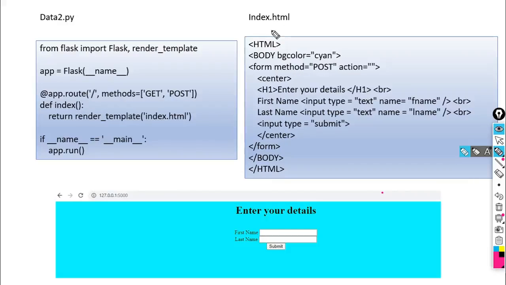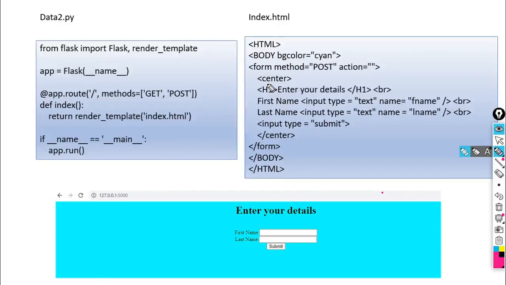What are the contents of this index.html? HTML is there, the body background color is used here, and form method post, because we are going to enter some data here. Enter your details is given in a header tag, and we used the center tag because we want to place the contents in the middle of the screen.